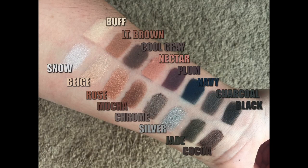And I am going to start with the Lorac Pro Palette 2. And I know that everyone raves about the 1, and the 1 is fantastic. Like, if you don't have a lot of eyeshadows in your makeup collection, the 1 would be perfect for you. It's very standard neutrals. It had a lot of neutral browns in there. I chose the 2 because I really like the color variety a little bit more in the 2 versus the 1, and it is a little bit more cool toned versus warm toned, and I usually wear warm tones, so sometimes it's really nice to step away from that and, you know, throw some cool tone shadows on my eyeballs,